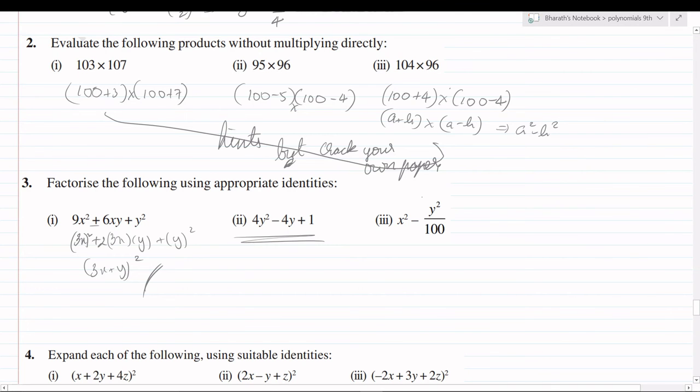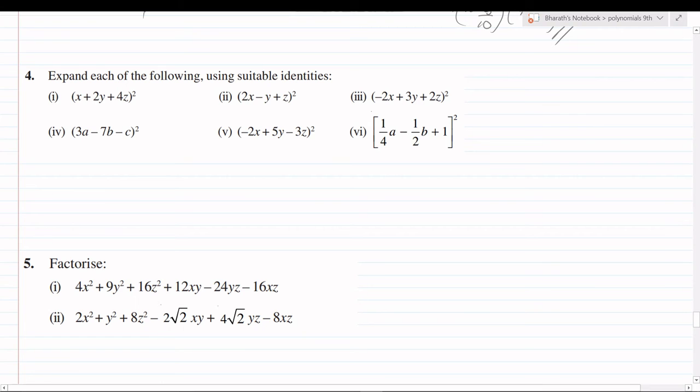This also: expand each of the following using suitable identities. Yeah, you can do this, it is a plus b plus c whole square. This is the same thing. You should bring the minus inside in this, and here also you have to bring the minus inside. Here also minus inside, minus inside. Same thing. You can do everything within the solution, but you have to give